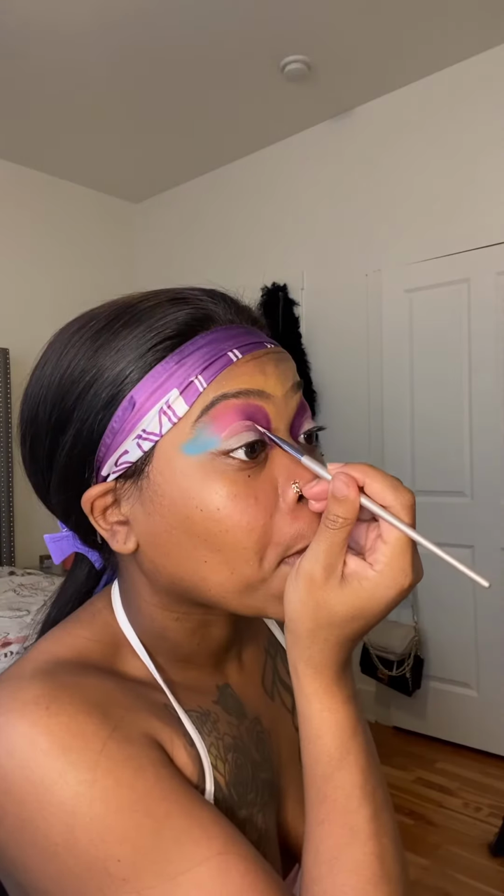You want to go in once you blend them and go in again. That way the color doesn't lose how vibrant it is. I'm using the same PLouise Rumor 2 base to cut my crease. When you cut your crease, you want to use a flat angled brush, and you want to go slightly above your natural crease line